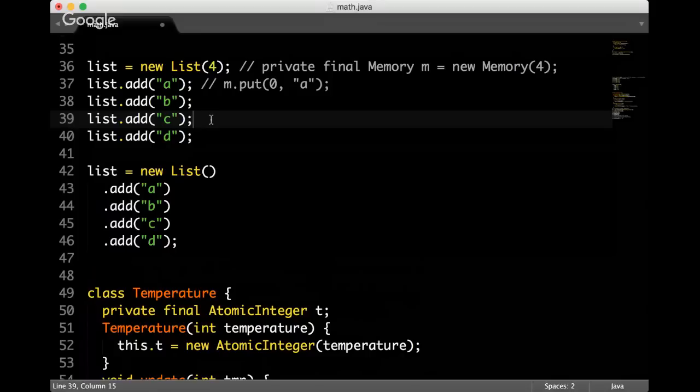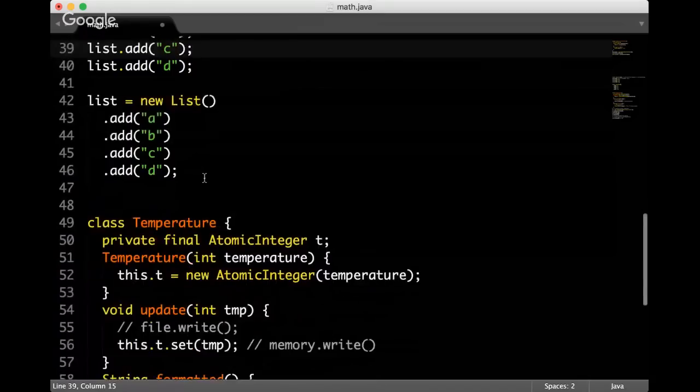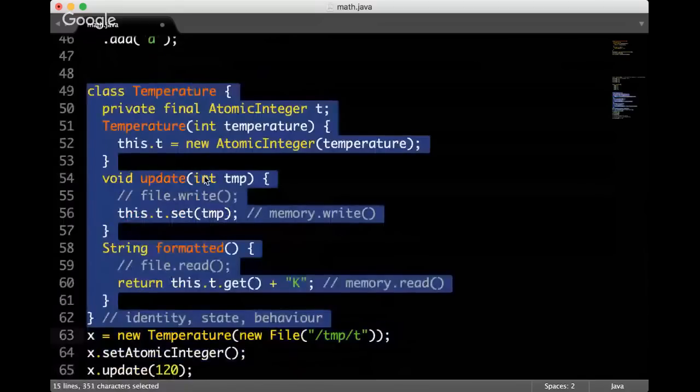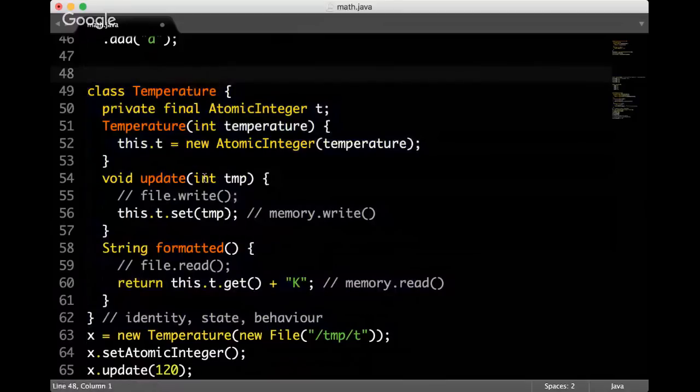And now the main question, which I wanted to address today, is how do we draw the line between making everything constant and making everything immutable but not constant? Which kind of design should I use for my temperature? This one, or should I create temperature in a constant way?